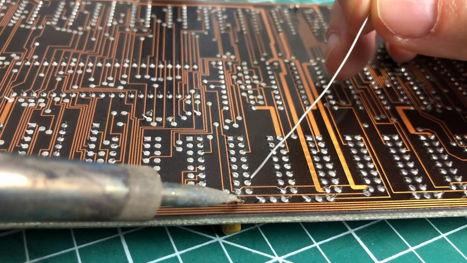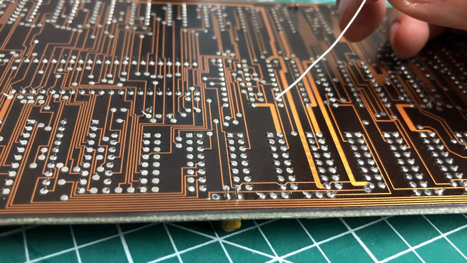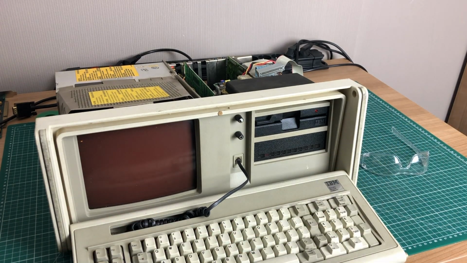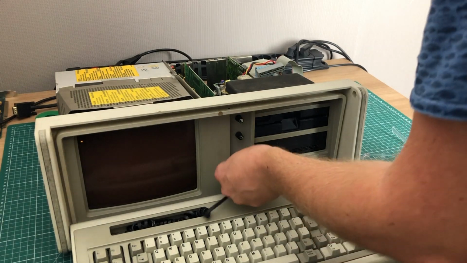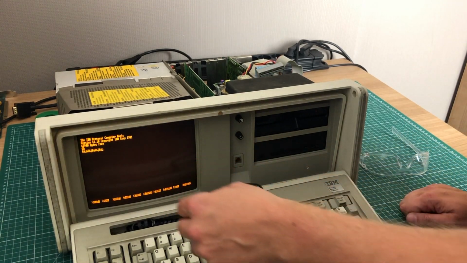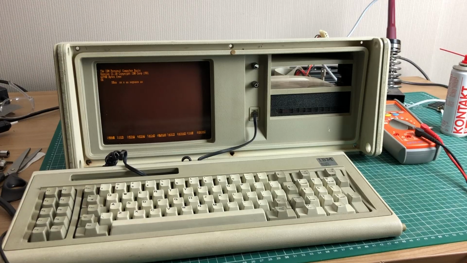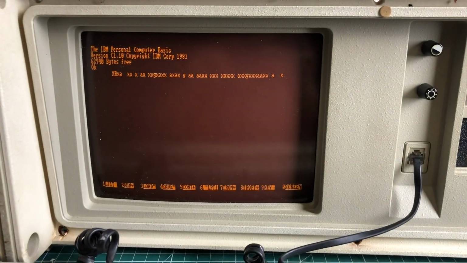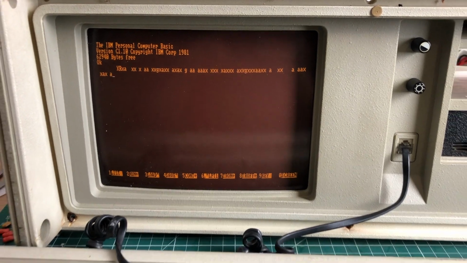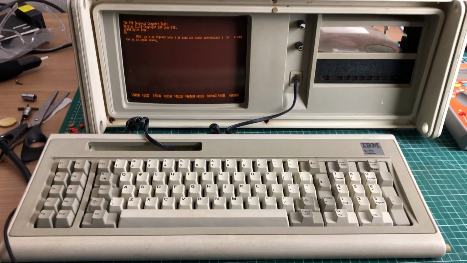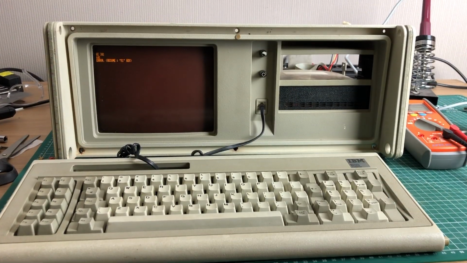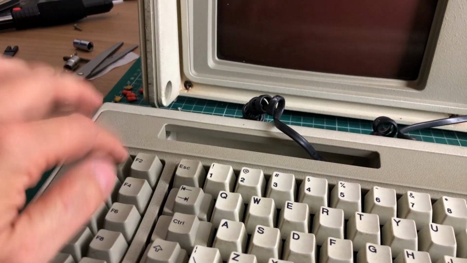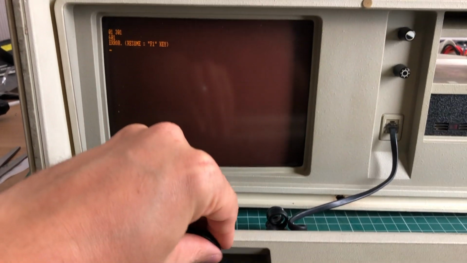So I ended up replacing all of the capacitors, but nothing worked. So the card remains dead. And then out of nowhere this started happening. Weird noises coming from the PC speaker indicating some kind of issue with the keyboard. At one point the keyboard just decided to write stuff on its own, so there was probably something wrong with the connection, either on the keyboard itself or somewhere on the connection to the main board. And all of a sudden the keyboard went completely dead, not responding to any keystrokes anymore,